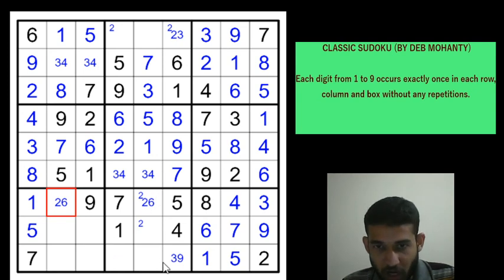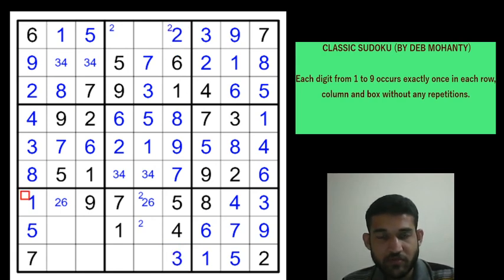Okay, let's focus on column 6 now. We have placed the 9 here, so this will eliminate the 9 pencil mark in row 9, column 6, so this will be a 3. This will be a 3 and this will be a 2. 2, 5, 6, 7, 1, 3, 9 are placed in box 2. 4 and 8 are yet to be placed. So we'll pencil mark them. These two cells will be 4, 8.